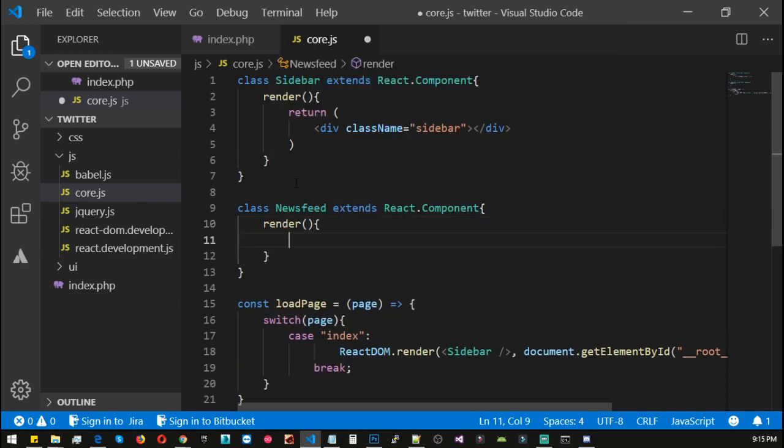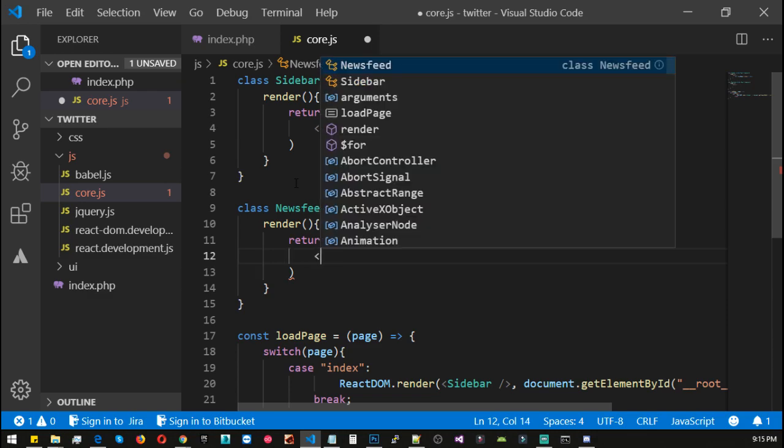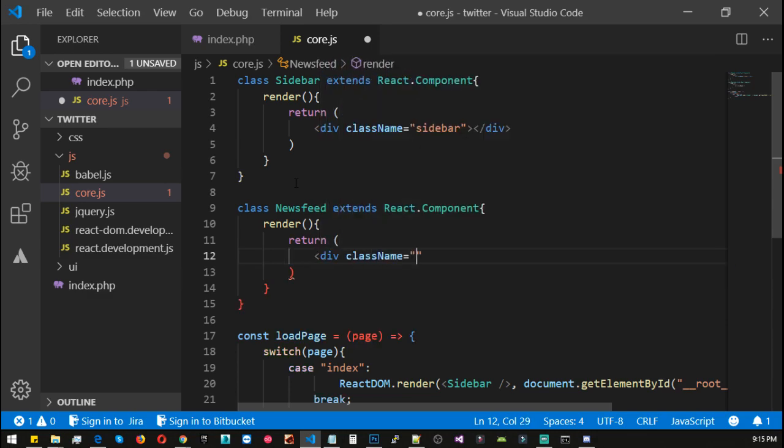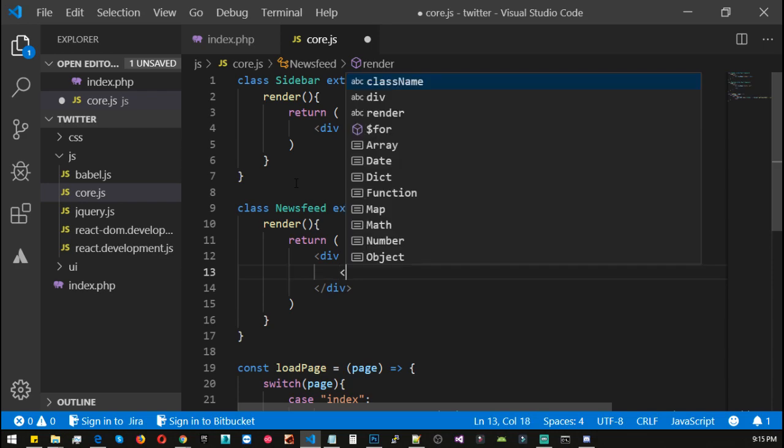One more time, let's add a render, and we need to add a return statement as well, and quickly give it a className equals twitter-root, and inside the twitter-root we should be rendering this sidebar,